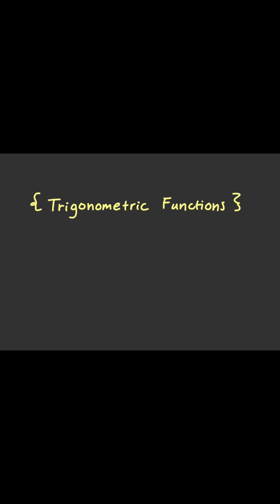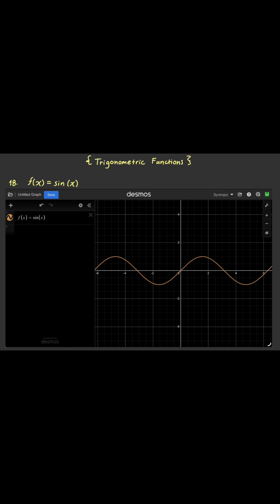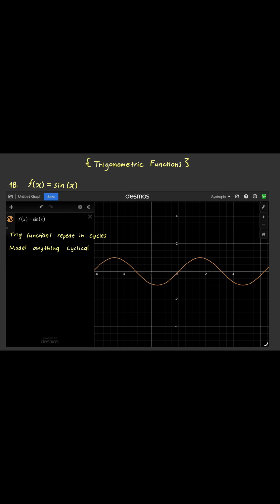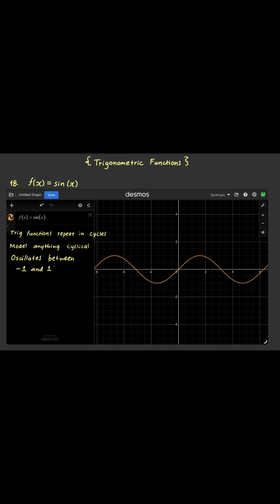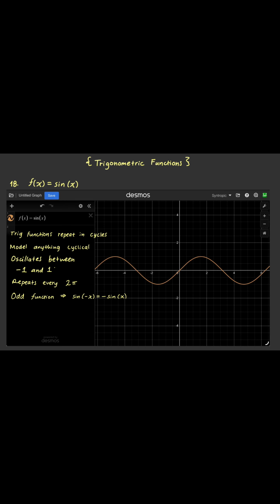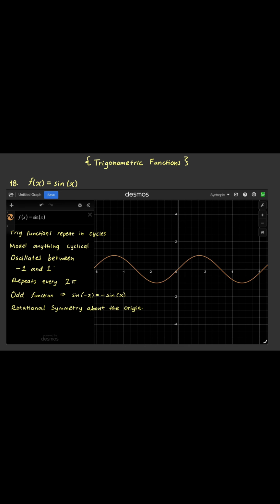Moving on to trigonometric functions, starting off with the sine function. Trig functions repeat in cycles. They model anything that is cyclical, like light, sound, seasons, and circular motion. This wave oscillates between -1 and 1 and repeats every 2 pi. This is an odd function since sine of negative x equals negative sine of x, and this also has rotational